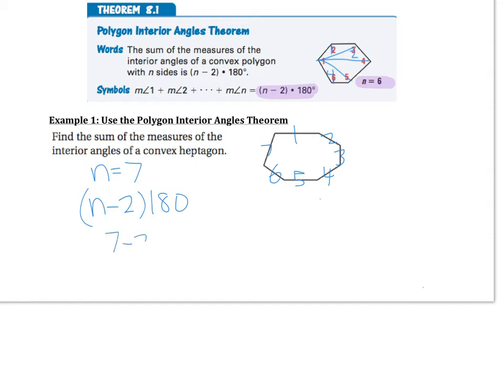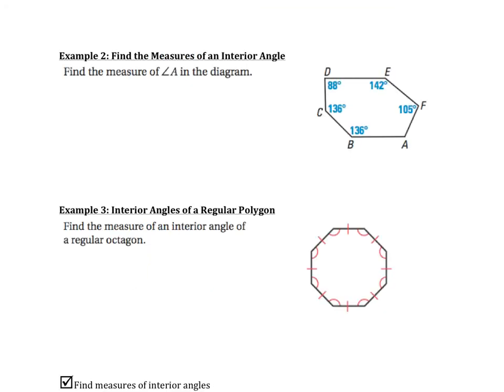So it would be 7 minus 2 times 180, which is 5 times 180. All of them would add up to 900. Then we can use this information to find the missing angle in a polygon. So the step process for this one would be